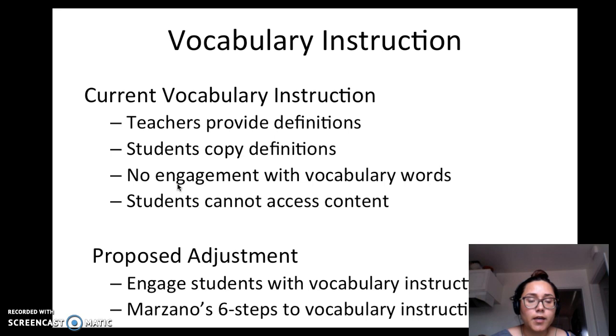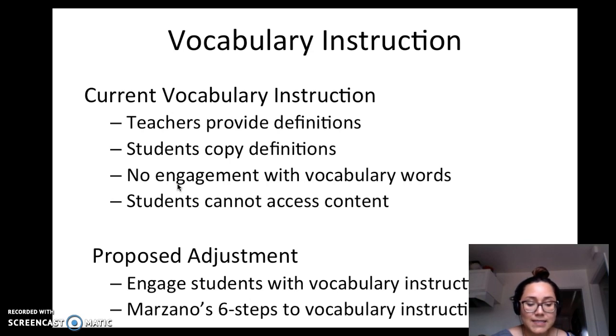So currently, the way that teachers are instructing with vocabulary and the way that students are learning, I think can be improved by just shifting the way vocabulary is taught. Currently we are providing students with the definitions of unknown words, and students copy the definition down on a guidance note sheet. But Segurius quos argue, and I quote, that explicit